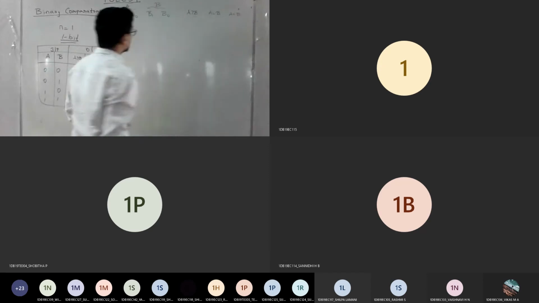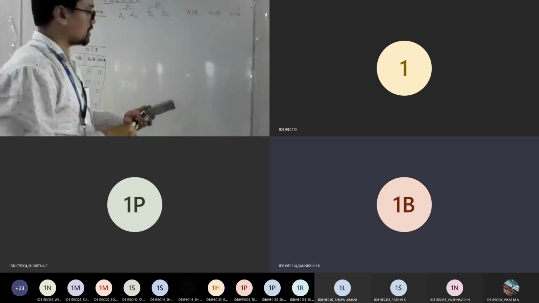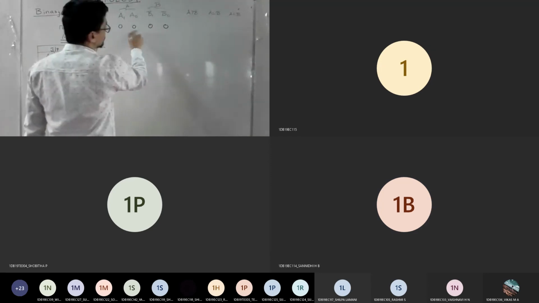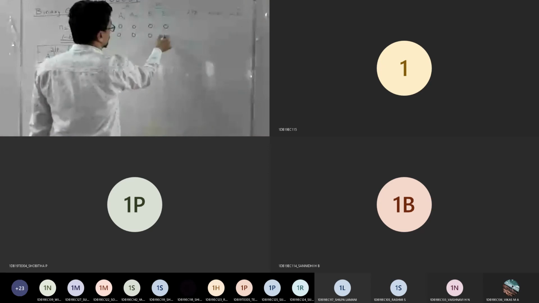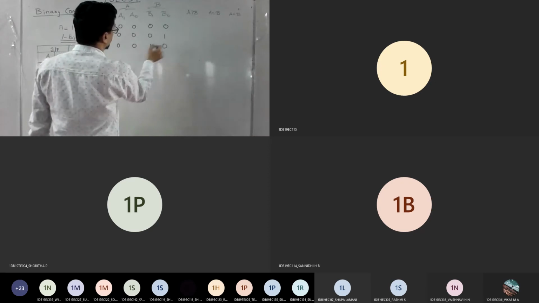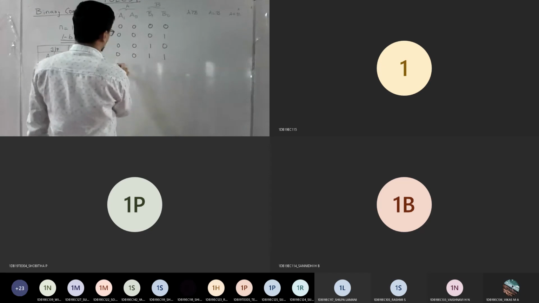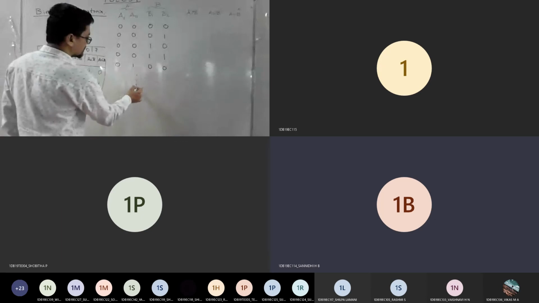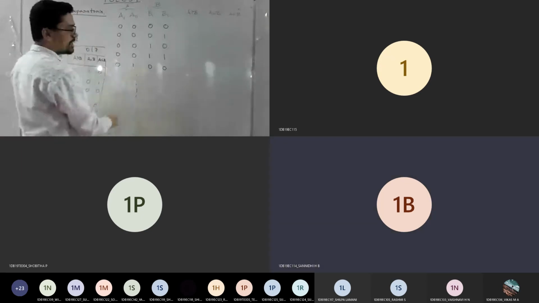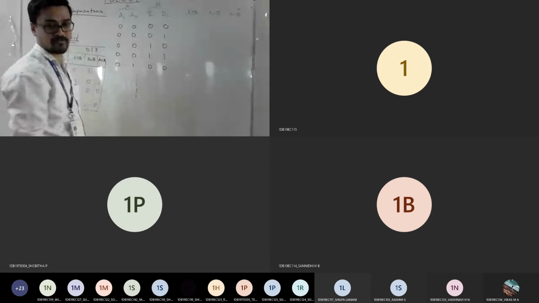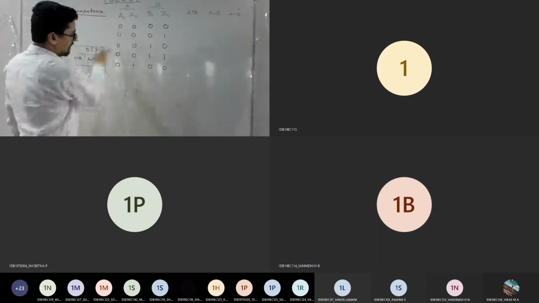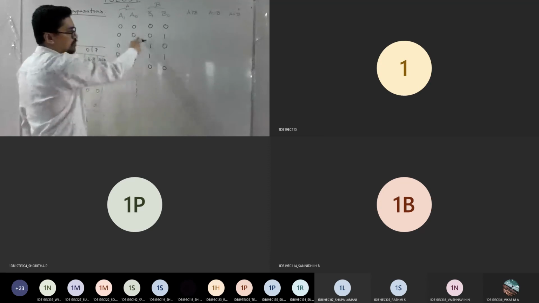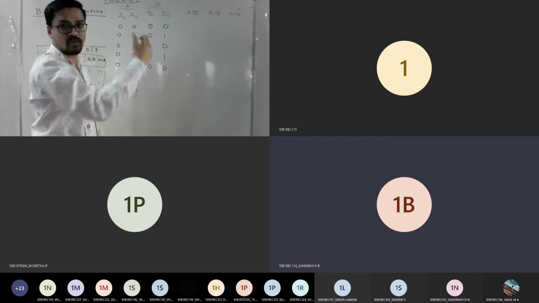Is it visible now, Sarini? Yes, sir. Okay, so now I asked you to fill the table. So 0, 0, 0, 0, then 0, 0, 0, 1, then 0, 0, 1, 0. So write all the combinations. So write like this till 16 combinations. Say simple: 8 zeros, 8 ones, 4 zeros, 4 ones. This is a shortcut for you to remember. 8 zeros, 8 ones, 4 zeros, 4 ones, again 4 zeros, 4 ones, 2 zeros, 2 ones, 2 zeros, 2 ones, and the last 0 1 0 1 0 1 combination.